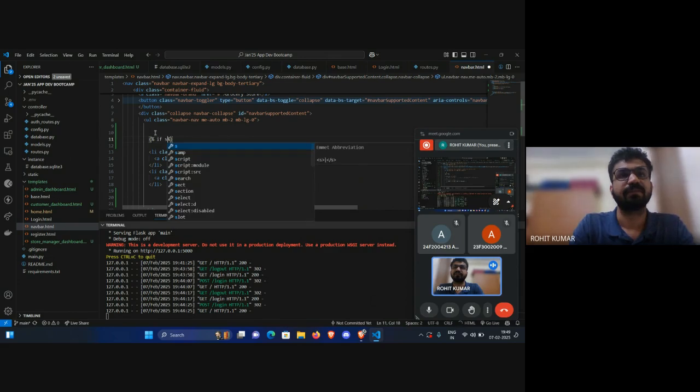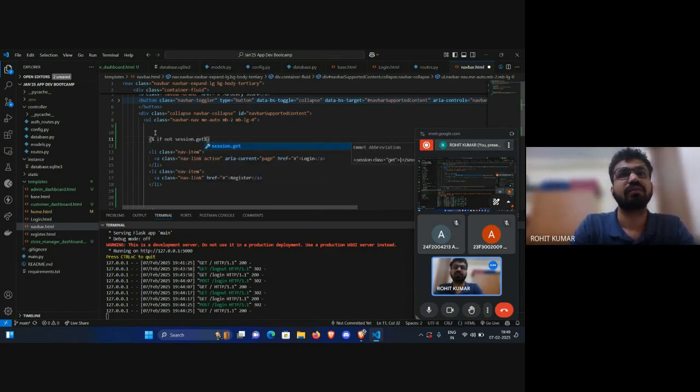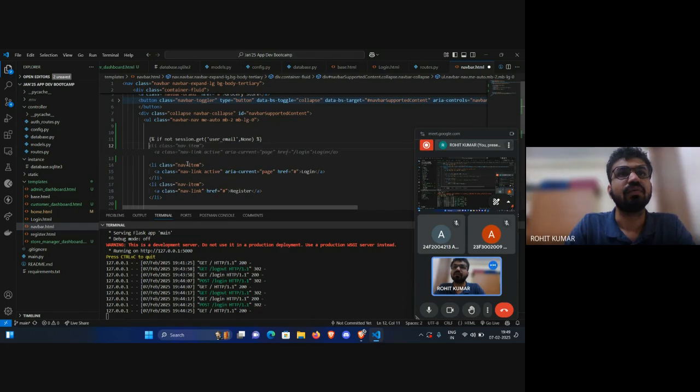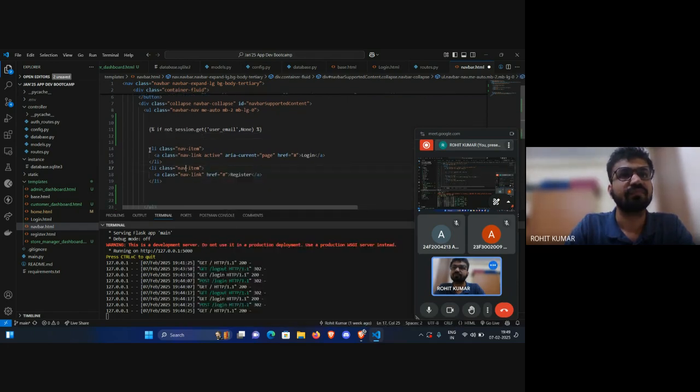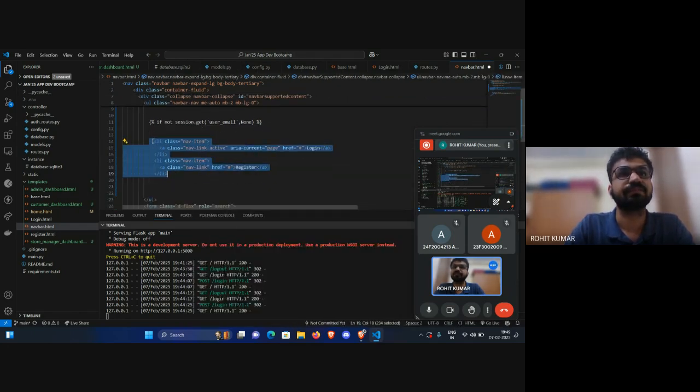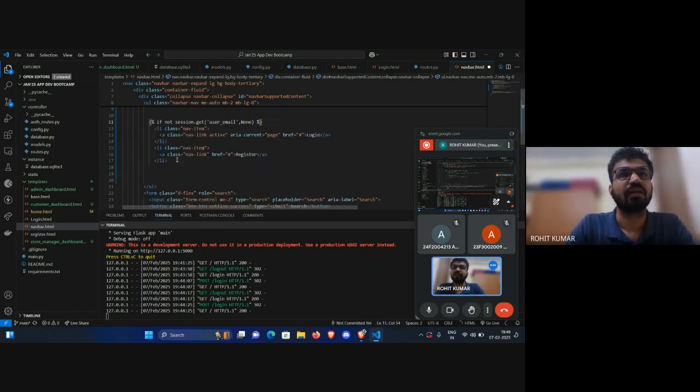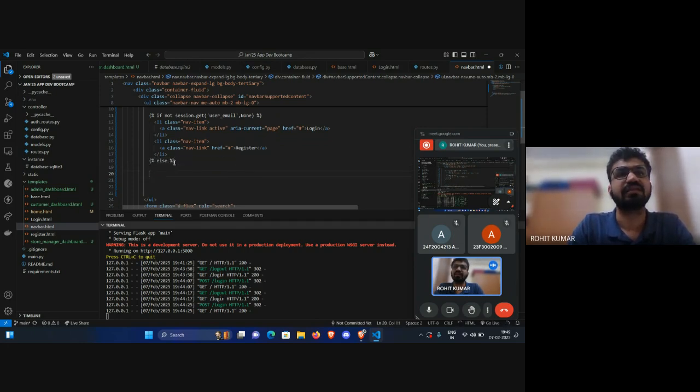That is, if not session.get user email and none. We have done this. If it's not there, we need to have these two navigation links. But else, we need to specify the navigation links based on